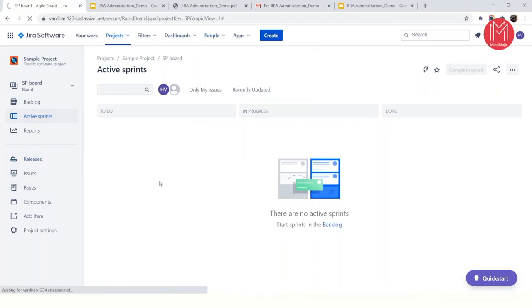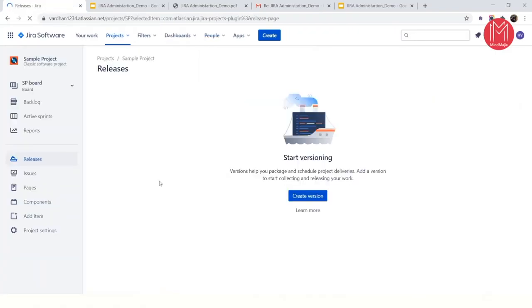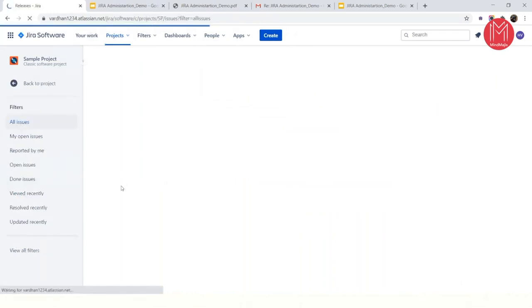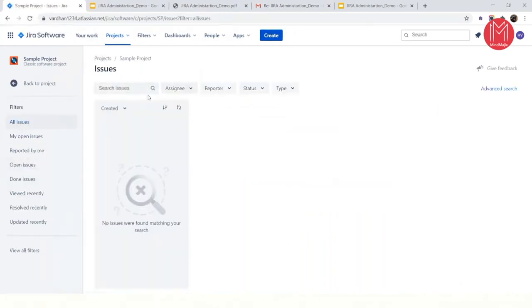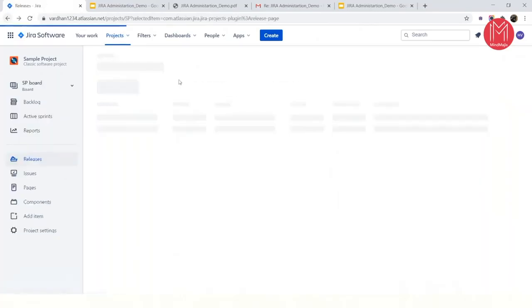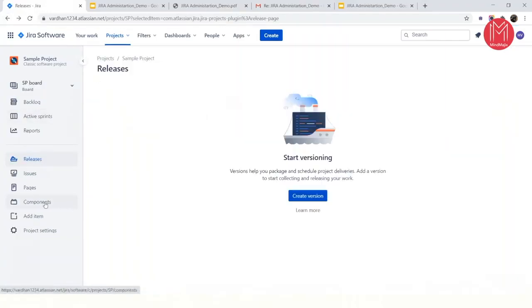where you can track all the version details of your projects and all the issues that you're tracking in the project. You'll be able to see with different kinds of filters over here. You can assign a report, your status, and type. So you'll be able to see the components, the different sections that you divide the project into, and you have